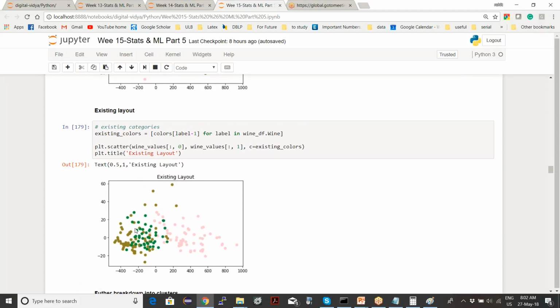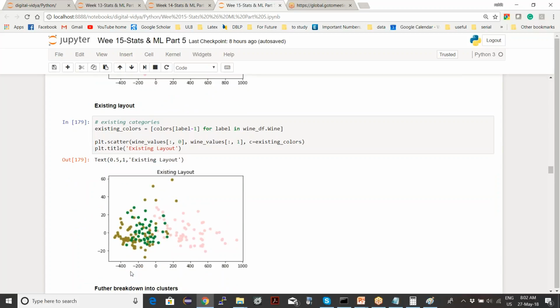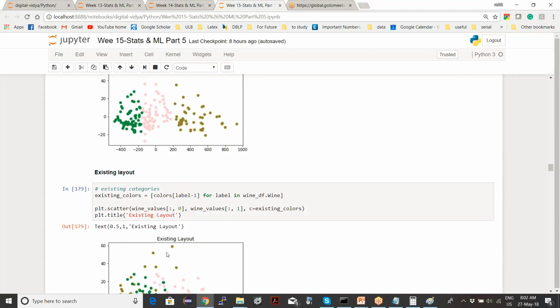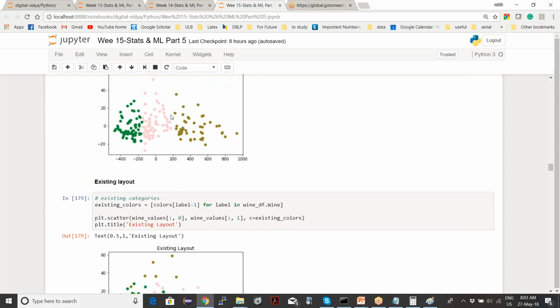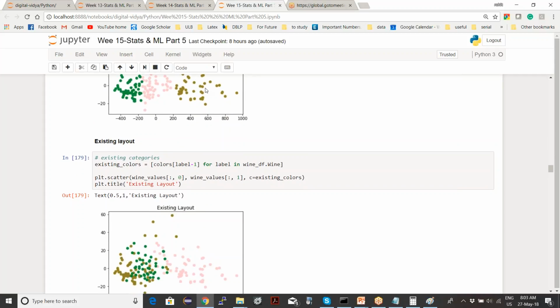So we saw that there are some parts which are wrongly grouped, but it's a machine learning model, there are some errors. Yes, it's not an improvement, it's a good grouping, because this is the actual grouping. If you're able to group it exactly like this, then it's a very good mapping, but it will be somewhat overfitting. So this is your actual grouping. This is without knowing the groups, just using the data you did a grouping, and this is what you got, and then you saw, okay, it's not bad.